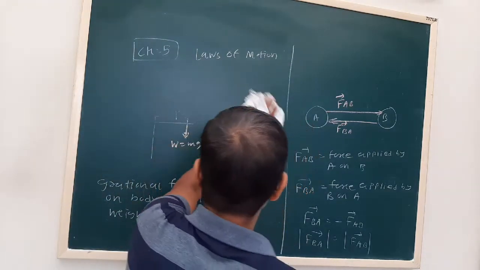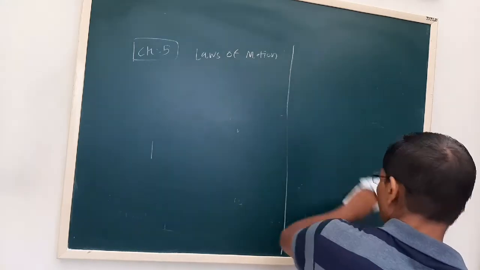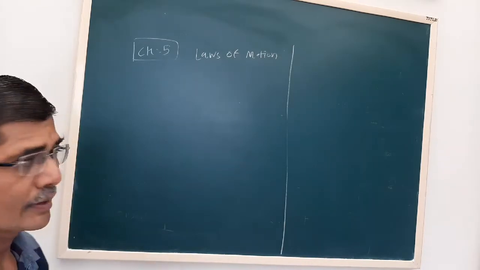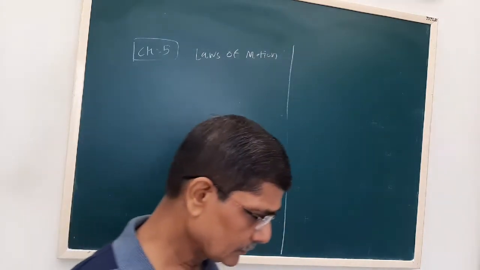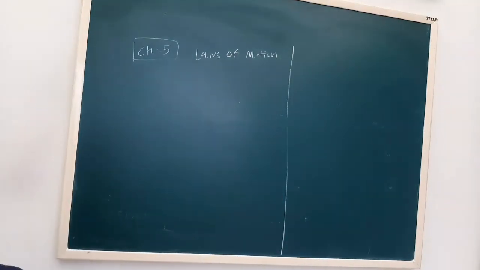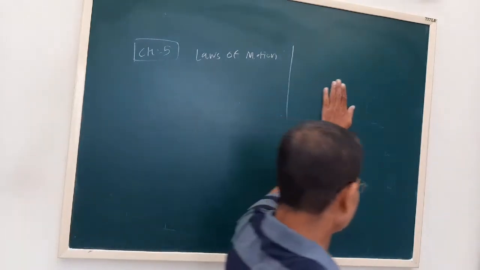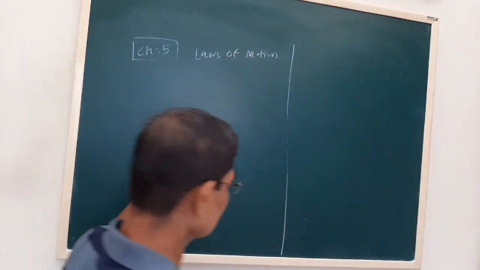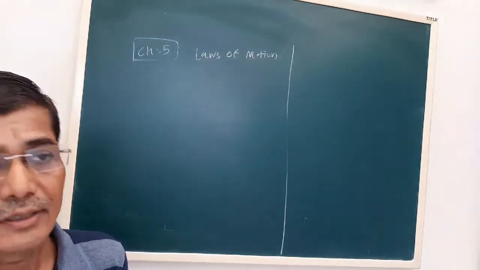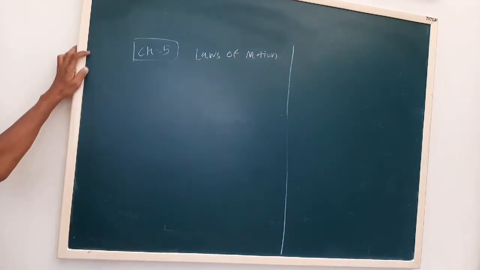Next we have to see the law of conservation of linear momentum. We talked about momentum, the product of mass and velocity. The law of conservation of linear momentum is a universal and fundamental law of physics. A number of physics problems can be solved using it. So this can be asked as a 2 marks question.